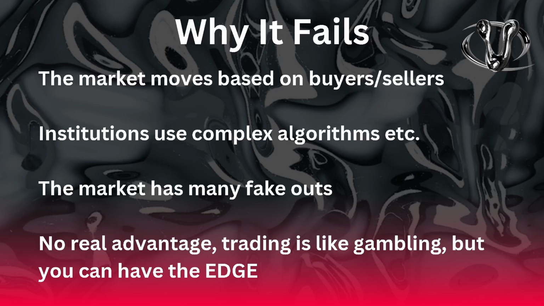And by trading blindly, by using lines, indicators, and all of this, you are essentially trading against algorithms and institutions, because they know that so many traders are going to use it and they can use that as liquidity in order to get price to move in the direction which they actually want.